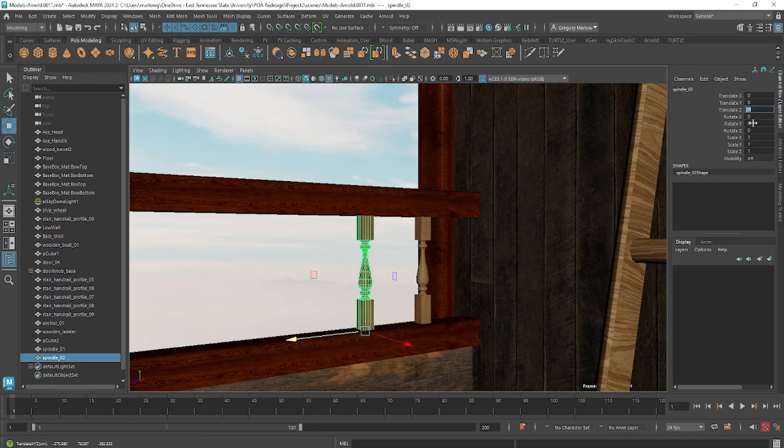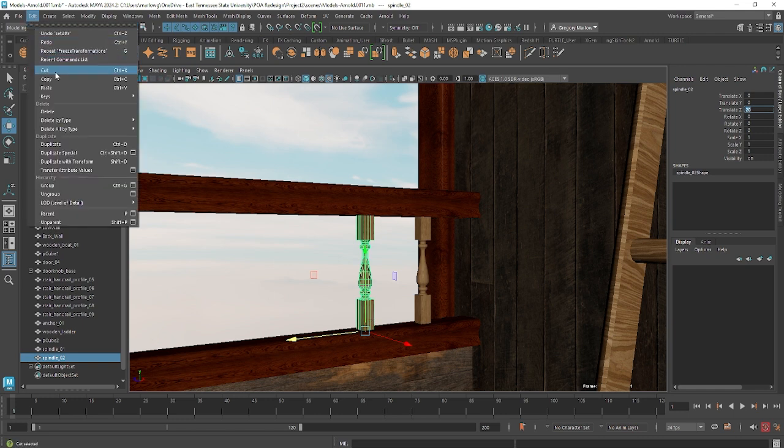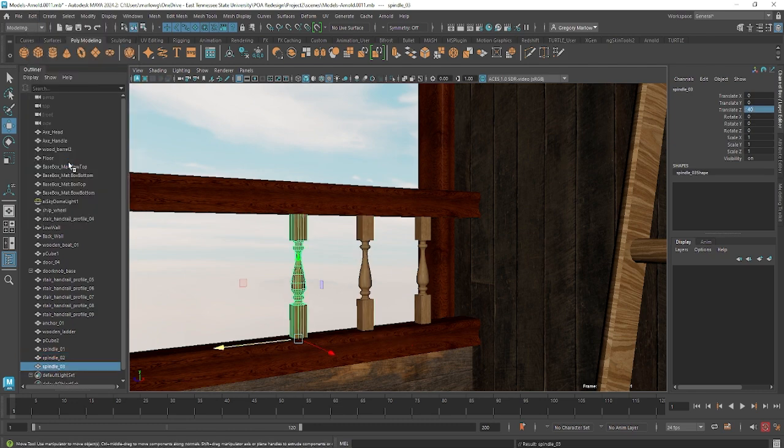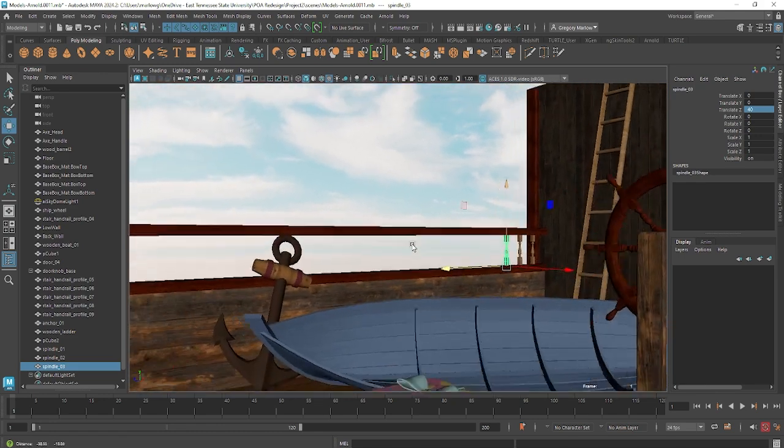Right? But that's a lot of those that I need to duplicate down through there in order to fill up this entire handrail. So what we're going to do next is, instead of just duplicating it and manually moving it, we're going to go to Edit, and we're going to use this Duplicate with Transforms. As long as the object you just duplicated is still selected, it will duplicate it and move it. So if I click this, and you'll see that the shortcut key for that is Shift D, it will move it, right? And so I can just now hit Shift D